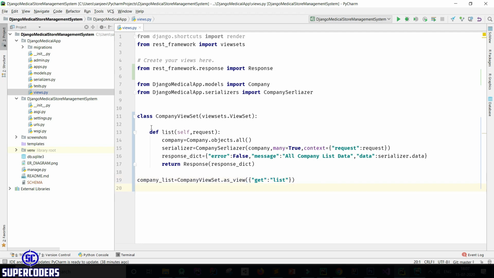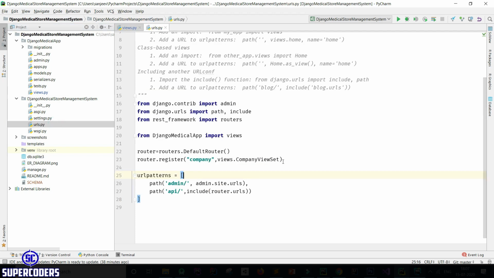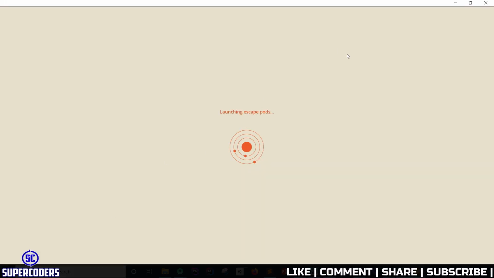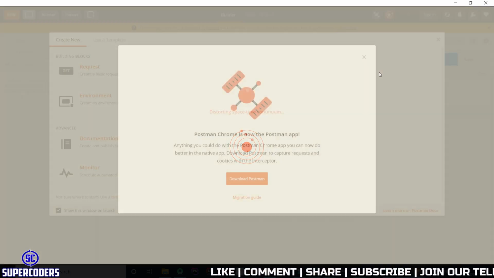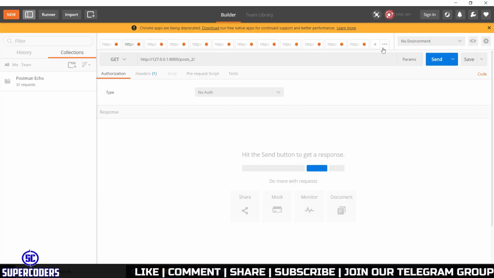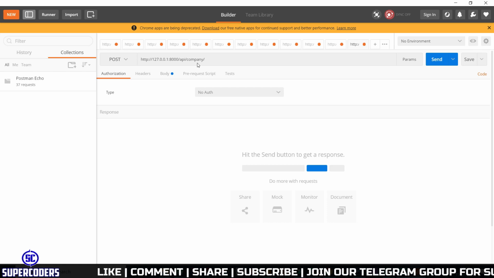So let's see. Also come in urls.py and add base name. So base name equal to company. Okay. Now let's use this data. So come back here, copy URL, opening Postman, close this, and come back to here.